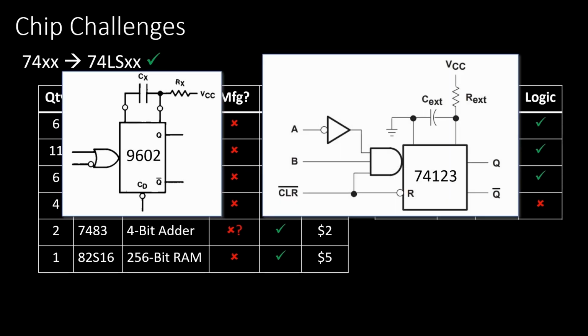First of all, the 9602s have an OR trigger input, while the 123s use an AND. Now, this is not too big of a deal, right? All instances use only one of the inputs and tie the other. We just need to make sure we tie the other input to the correct level. The problem here is that the 9602 has a synchronous reset, but the 123 reset also ties into the trigger. So if the conditions are right, releasing the reset line can trigger the one-shot. We'll have to see if this condition exists in any of the instances and figure out how to suppress spurious retriggering if necessary. No idea.